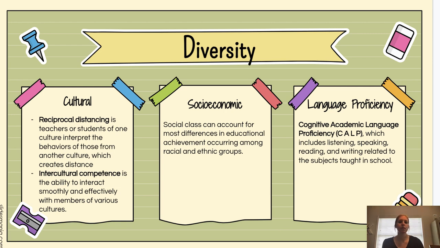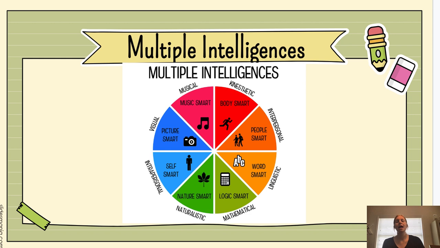All right. Next, we are looking at multiple intelligences. I can remember sitting in one of my undergrad classes and we talked about multiple intelligences. It seems like 100 years ago, but it's not. But I had a professor that thought that we should have multiple intelligences in every single lesson in all of them. Well, that's not feasible. The main ones that you are going to look at are your visual, your auditory, and your kinesthetic. And we'll get into that.